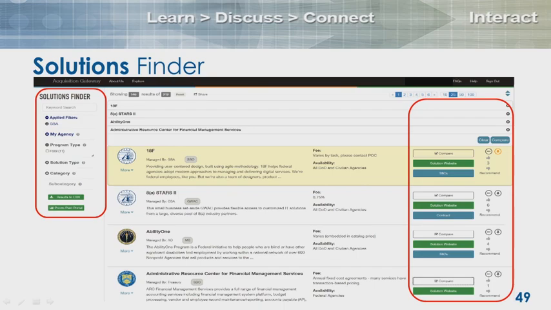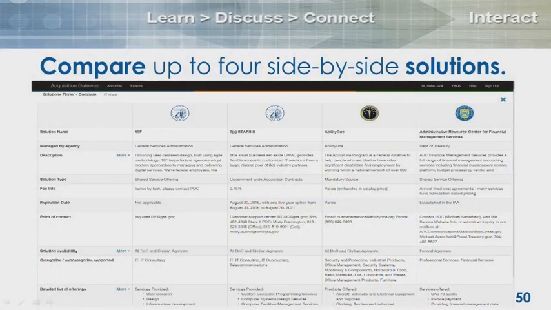In some cases, we actually have the contract loaded on here. In other cases, you can click to link out to the pricing data. If there is a public website available, we've tried to link to that as well. And you're able to compare them. You can select any number of contracts and compare them: what types of services they have, what the fee structure is, who the points of contact are, what the terms and conditions are, and you're able to begin to look at them next to one another.